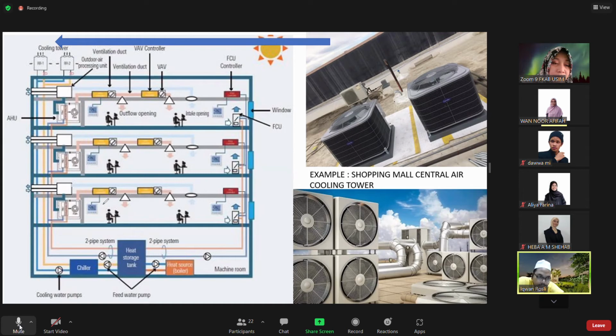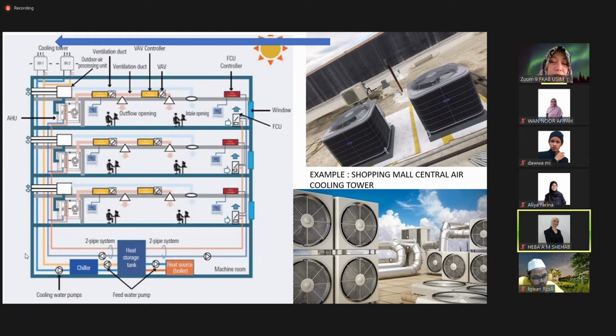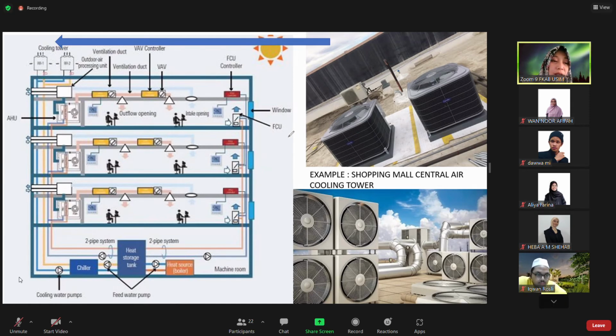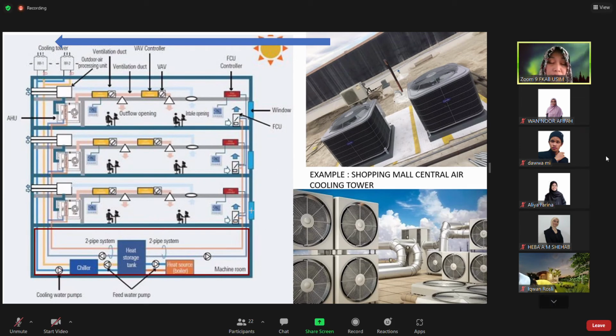Yes. Okay. So if we decide to use a central unit, what rooms are needed in the design? You have to provide a mechanical room. But this is an example of a big project. If your gallery is only a small project, we just allocate a small mechanical room. I will show you the plan here. You need to have a mechanical room. We call it a